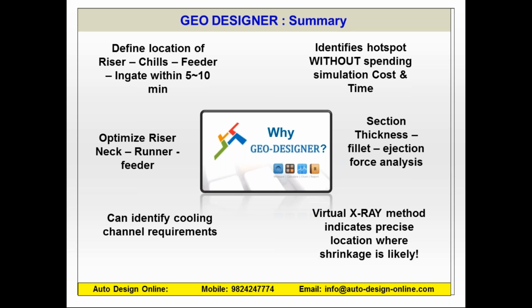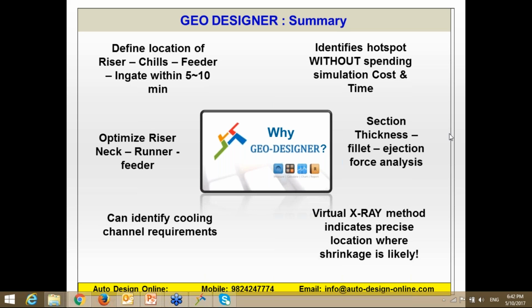So ideally, even small or mid-scale foundries who cannot afford casting simulation can do and analyze this using this GeoDesigner upfront design for manufacturing tool, which is very cheap compared to any simulation software. You can check the thickness, the fillet, the rejection force analysis or the virtual X-ray method, which will highlight the cost, and this will benefit you in terms of saving the cost of whatever you are investing in this software. So it can reduce your cost and ensure there is no problem later on